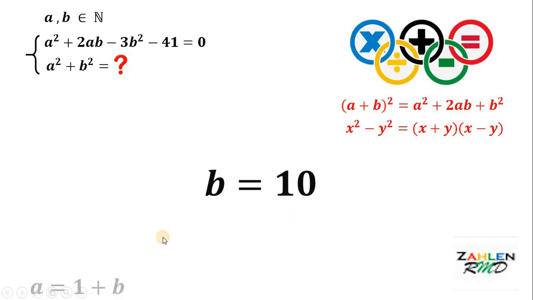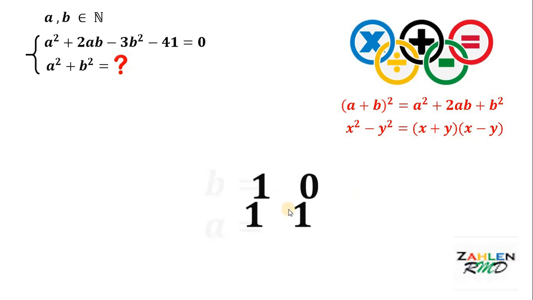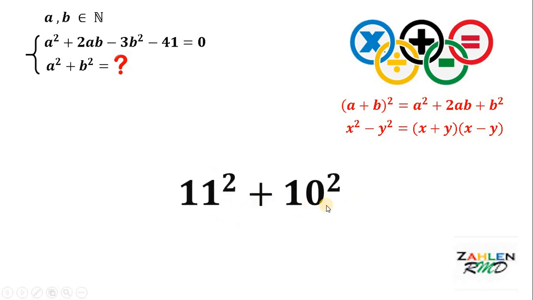Now take note that a must be 1 plus b. Therefore, a is equal to 1 plus 10, and 1 plus 10 gives us 11. And there you go, we have the values of a and b. Therefore, a squared plus b squared must be 11 squared plus 10 squared. 11 squared is 121, plus 10 squared, which is 100. So 121 plus 100 will give us